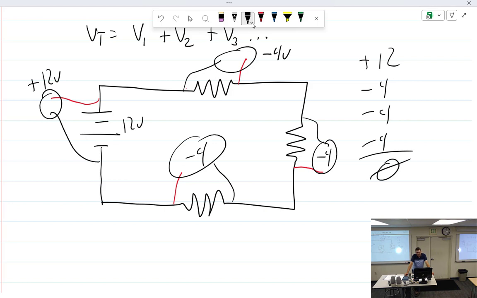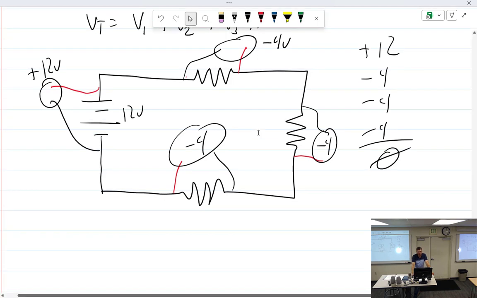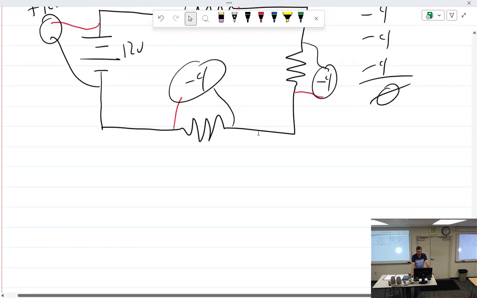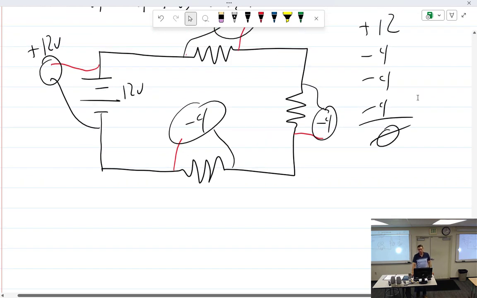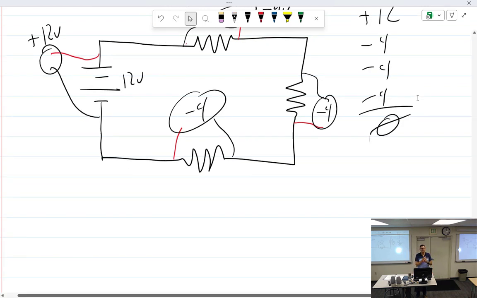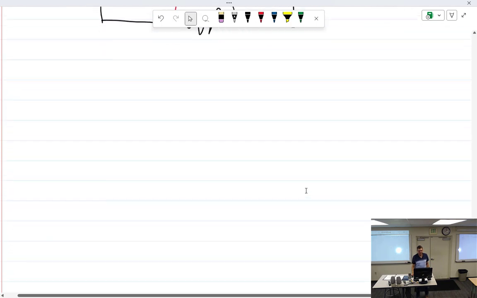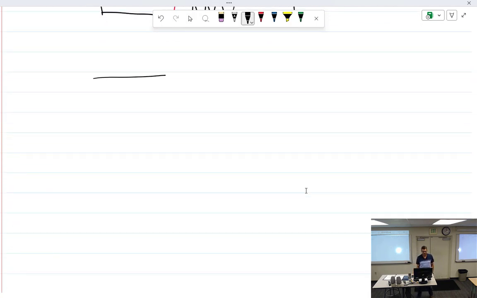The only reason why I bring this up, and it doesn't play into this class, is that I now see where you get into complex series parallel circuits. This works even if you don't do the whole circuit. You can do part of a circuit, and as long as you make a circle within that circuit, it's going to do that. I don't have a real good example for you without drawing this complex series parallel circuit. Again, it doesn't even come into play in this class. I guess it would be something like